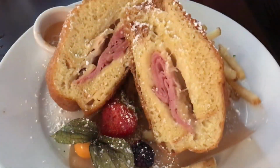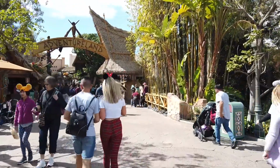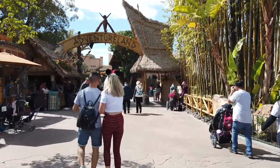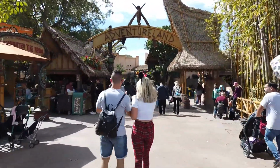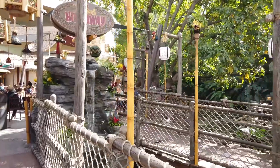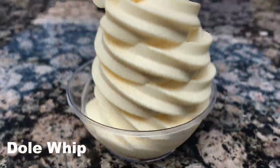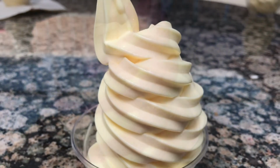And for Disneyland treats, we're going to start out with one of the most classic and popular, but with a bit of a twist. Of course, as you enter Adventureland, you will find the Tiki Juice Bar, where you can get the classic pineapple Dole Whip. But what I would recommend is you continue to walk into Adventureland, because just behind the Tiki Room, you'll find the Tropical Hideaway. And here you'll find both the classic pineapple Dole Whip, but also other flavors like mango, raspberry,